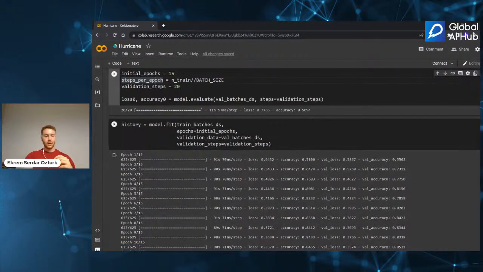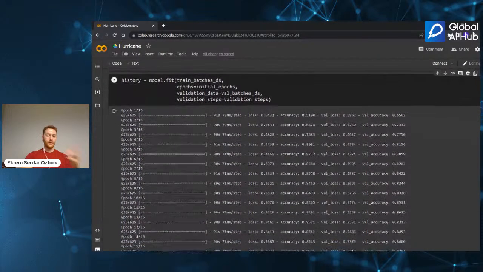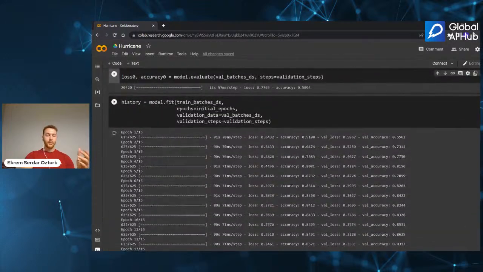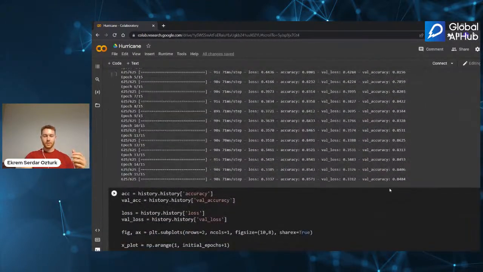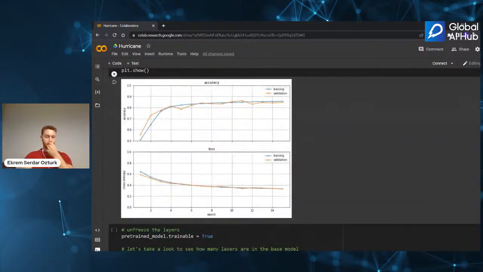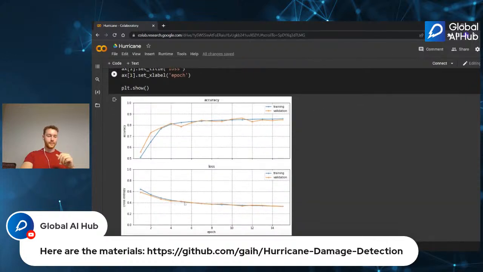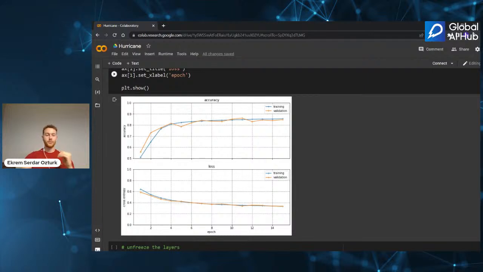So, okay, we are feeding our model using validation data, validation steps, and train batches, all right? All the values that we set are pre-processed, I may say. So you can see the validation accuracy of 0.8484. It is not that bad. And you can see the result of how our model worked. Here, you can see it. So accuracy was low, and after that there was a slope. It goes up, and then it tries to find the optimal place.